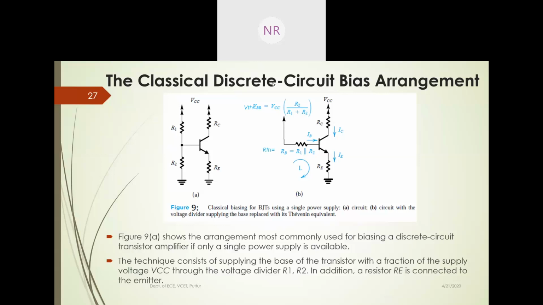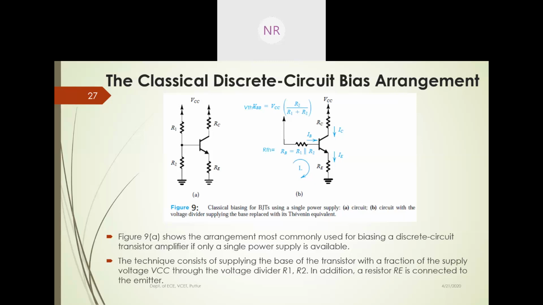Recall the concept once again. So the thing is here, the biasing is provided by R1 and R2, and RE is acting as a feedback resistor. And then by fixing VB, how are you going to fix VB? That is by designing the R1 and R2 values. You're going to fix the VB value. If VB is fixed, then I can say IC is stable. IC and VCE, that is the output current and the output voltage, you will be getting stable. Whatever the expected output you want to get, the same thing you are going to obtain.